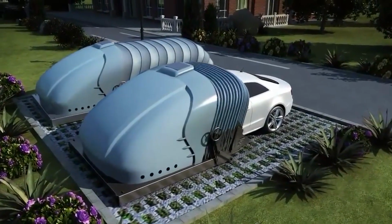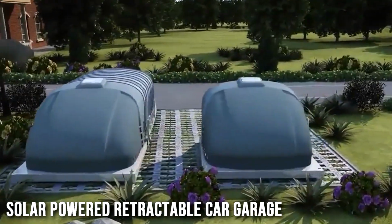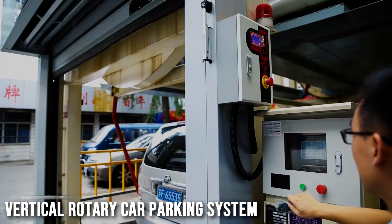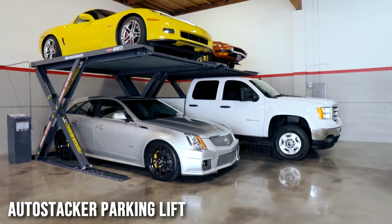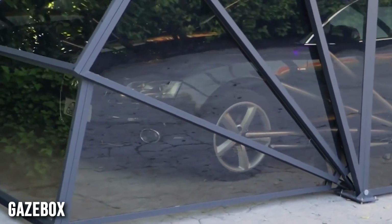In this video, we will be talking about the next level parking garage, solar-powered retractable car garage that fits perfectly in a parking space, vertical rotary car parking system that is designed for public use and is suitable for high-density conditions, Autostacker Parking Lift that is capable of withstanding up to 6,000 pounds, GazeBox that doesn't take a lot of